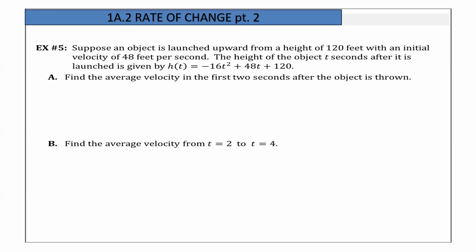If this equation looks familiar to you, it's because it came straight from your Algebra 2 notes. Negative 16t squared plus 48t plus 120 is one of the functions that we analyzed in Algebra 2. So it wants us to find the average velocity in the first 2 seconds after the object is thrown. If I'm finding the average velocity in the first 2 seconds,